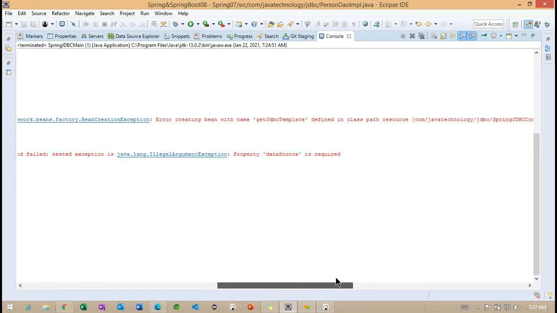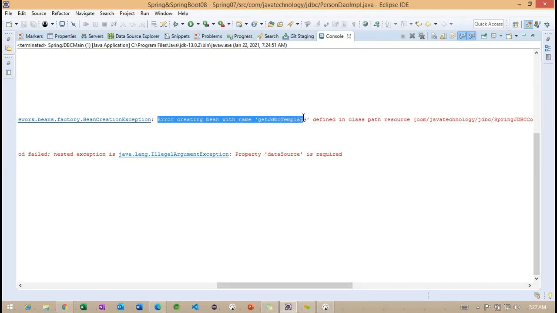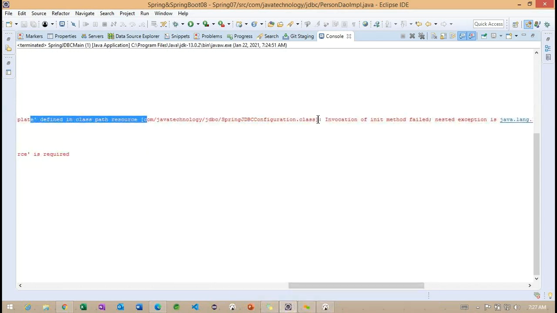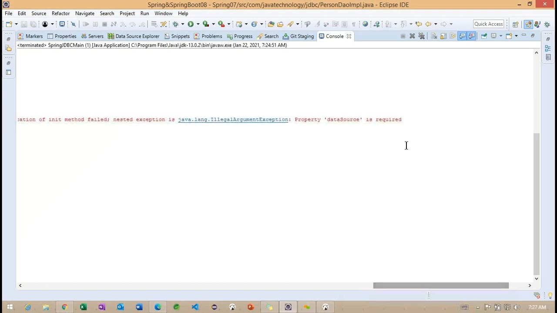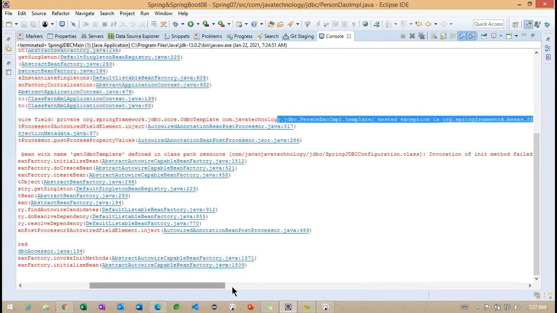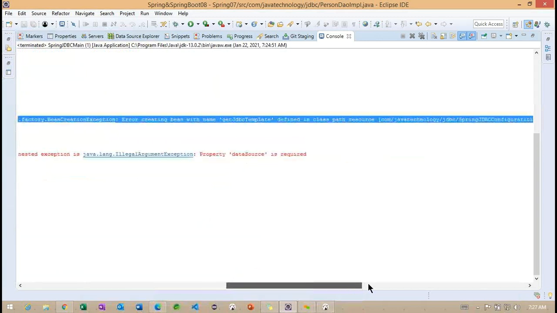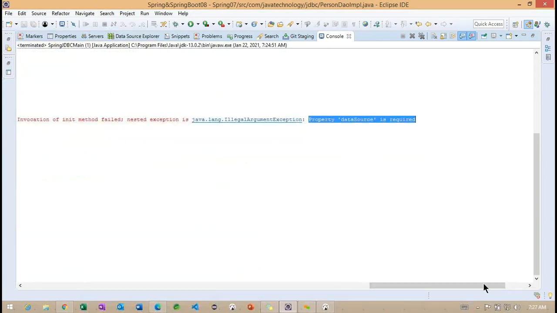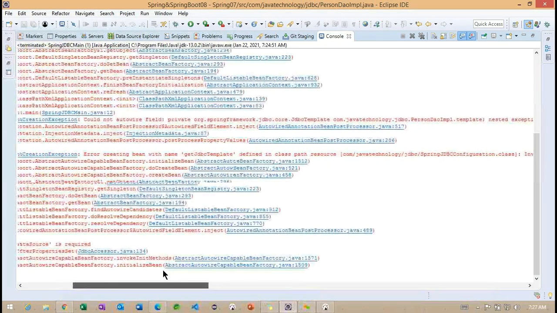Reading an exception is very important, so try to understand this error. Creating a bean with name getJdbcTemplate defined in the class path resource. Invocation of init method failed, nested exception is IllegalArgumentException: property dataSource is required. I think in our property the data source is not there. We have to inject it and define the data source. Good.